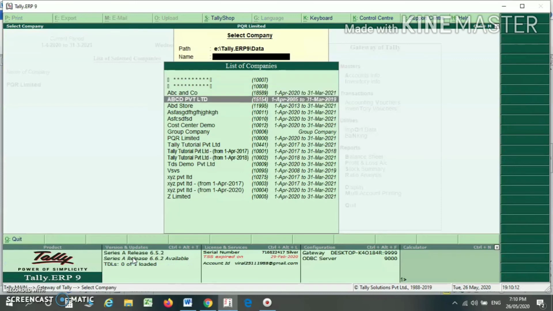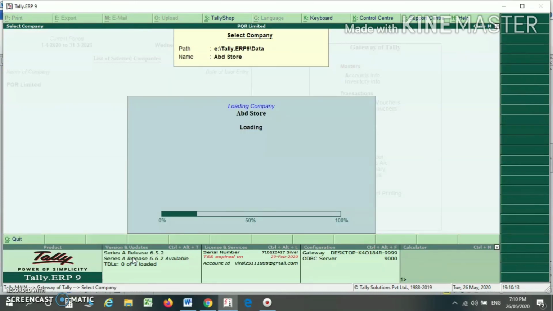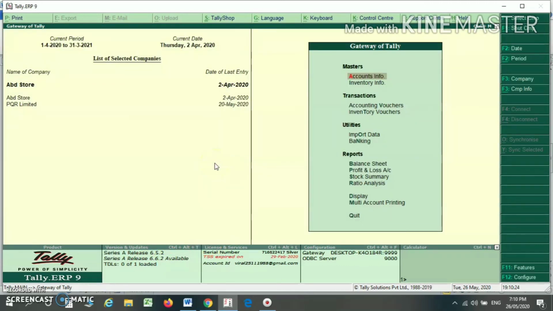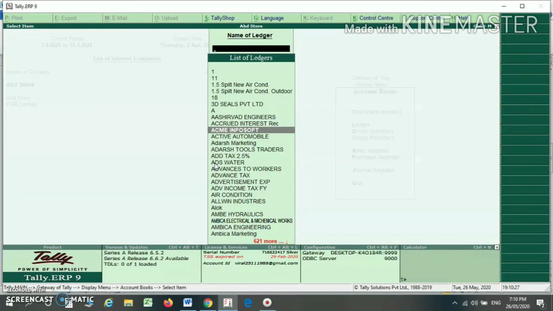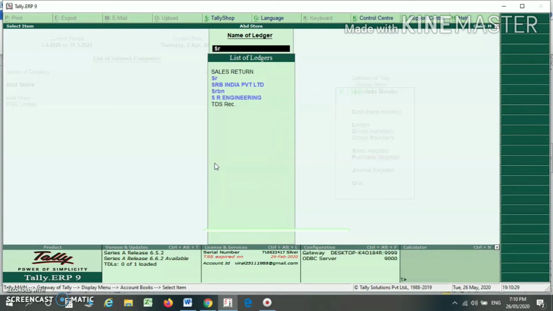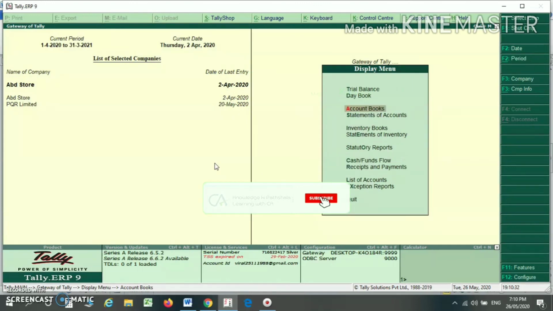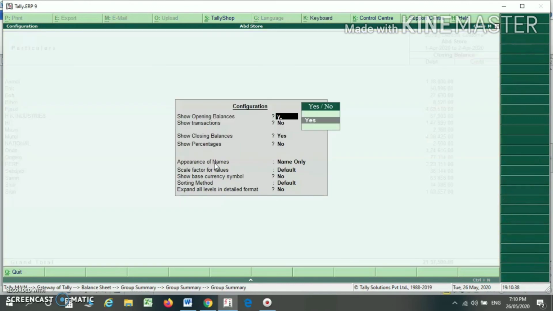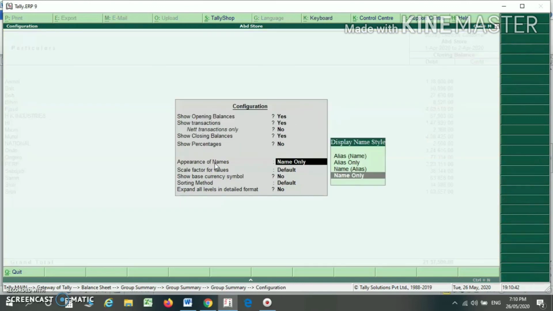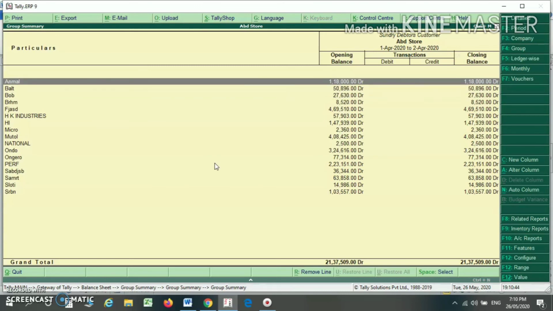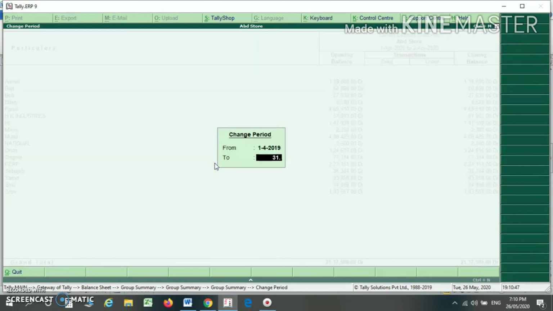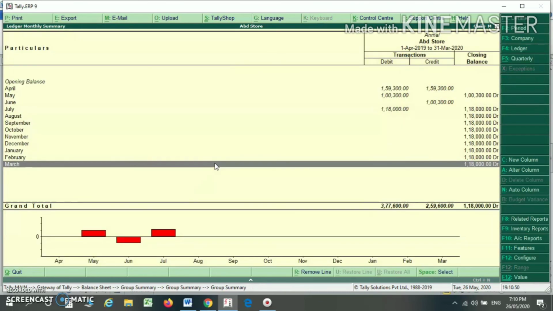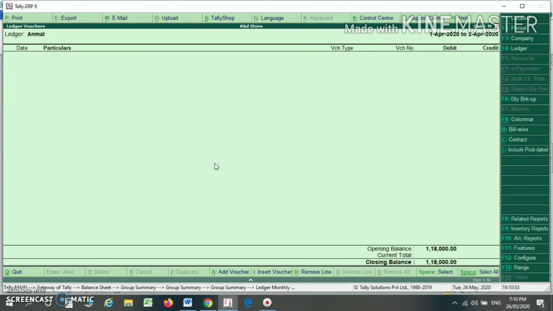Now I am selecting another company. Now suppose I am selecting a particular ledger. For example, from the balance sheet, I am selecting my particular ledger. And I am selecting another period. Now you will find that this is my ledger for the annual period